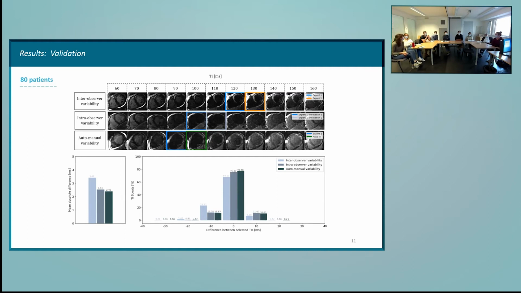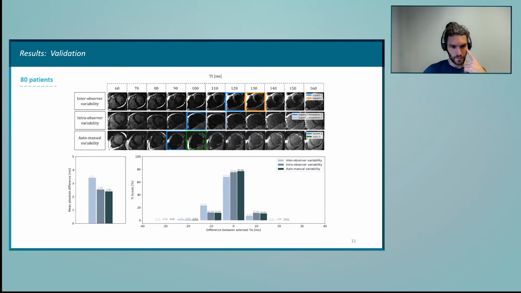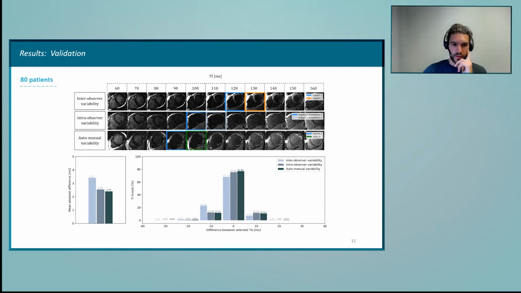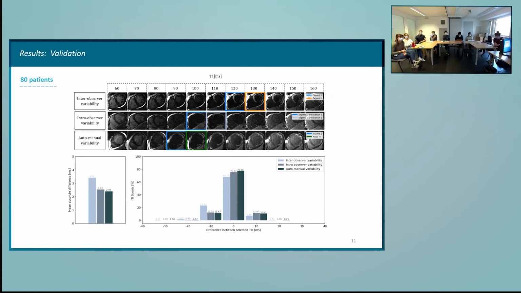You cannot claim that it's better, because it depends on which of the two observations you actually looked at, and you choose one that's completely random, or which of the experts you looked at. In the case of the intra-observer, it's very close, so I guess you could say that it's very precise. So you are as good as that specific observer that you used. However, the fact that it's lower than the inter-observer